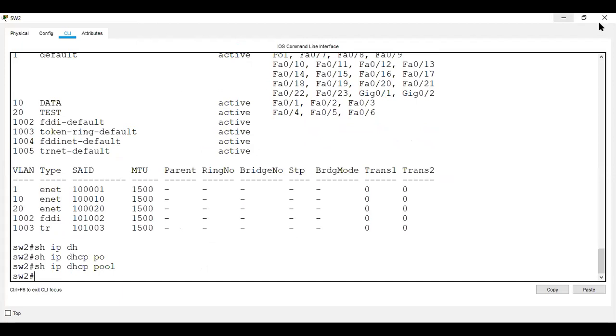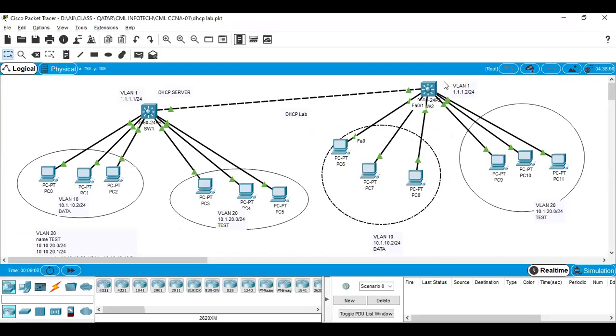PC6 is connected to port F0/1 of switch 2, which is the same VLAN 10. So let's see what will happen if I give auto IP on PC6.